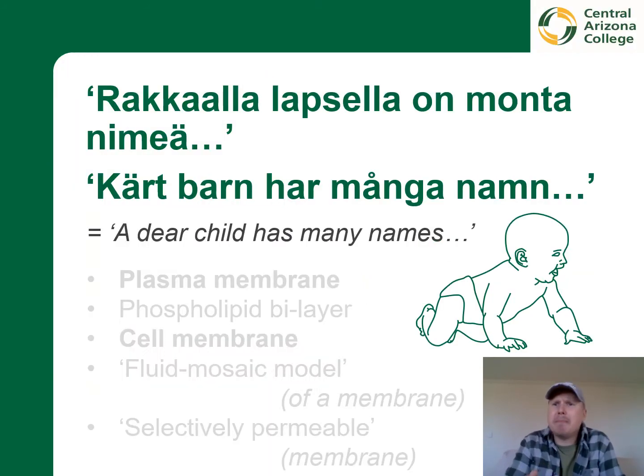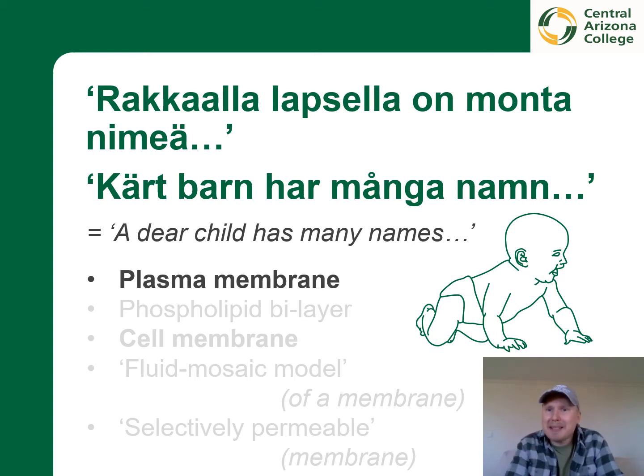There is a saying in my native language and a few other languages of the Nordic area which translates as something along the lines of "a dear child has many names." I guess a good analog would be that Eskimos have a lot of words for snow. Basically, that means that if something is important or popular, this thing tends to have various different names that are used in different contexts. And the same is true also for the topic of this module, plasma membrane.